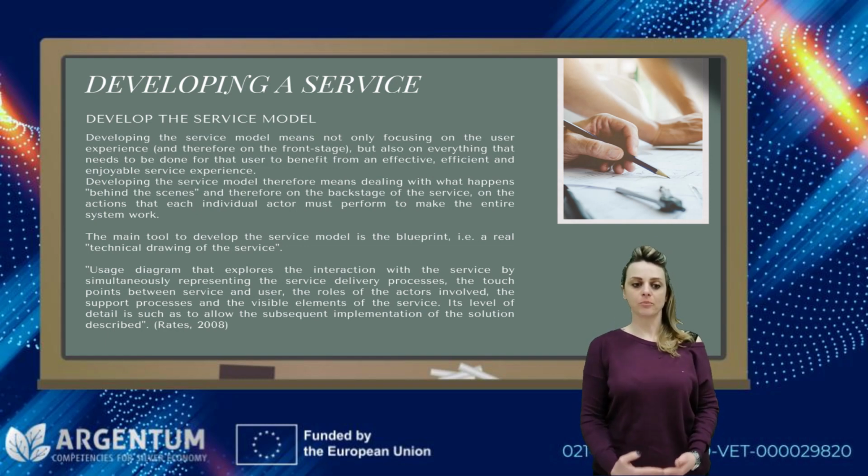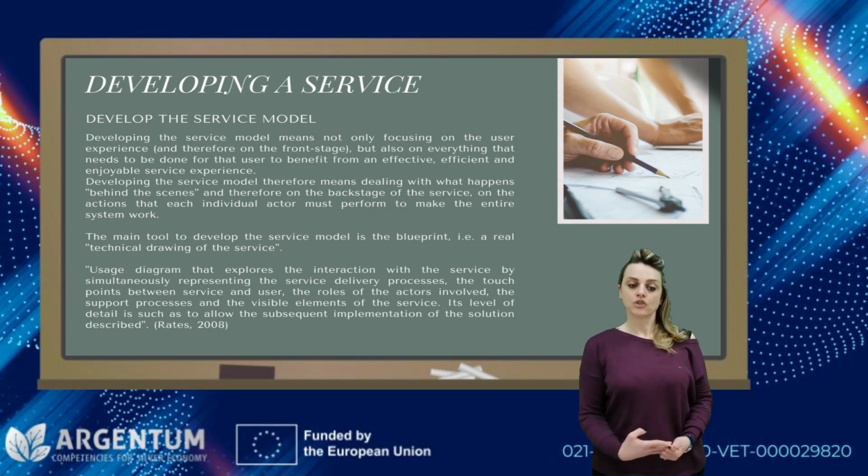Use a diagram that explores the interaction with the service by simultaneously representing the service delivery processes, the touch points between service and the user, the roles of the actors involved, the support processes, and the visible elements of the service. Its level of detail is such as to allow the subsequent implementation of the solution described. More briefly, the blueprint represents the synchronic relationship between the different actions required of the different users and actors involved